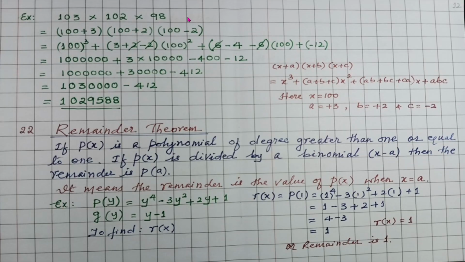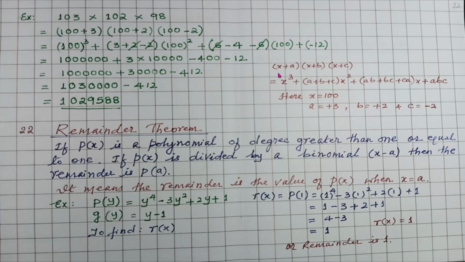Now let us take one more example. If you want to find the product of three numbers, 103 into 102 into 98. Now we want to find this product. We can find the product directly by multiplying them, but here we want to use an identity, and to decide which identity, since there are three terms, the identity which can be used is (x plus a) into (x